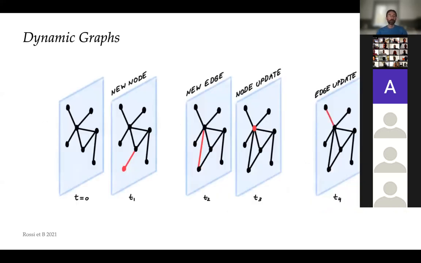It is interesting to look also at dynamic graphs, because in many cases the graphs are not static. So if you think of social networks, these graphs change all the time. What is characteristic is that different kinds of graphs, or different portions of the graph, or different structures of the graph, change at different frequencies.